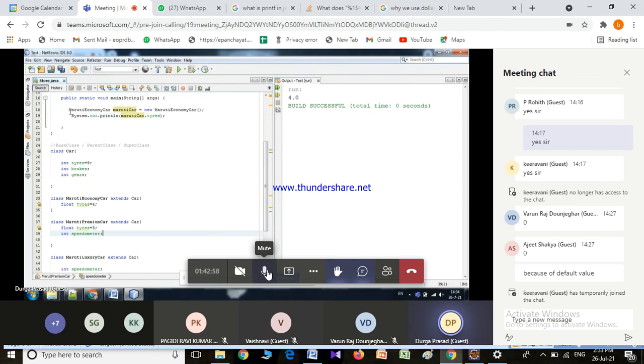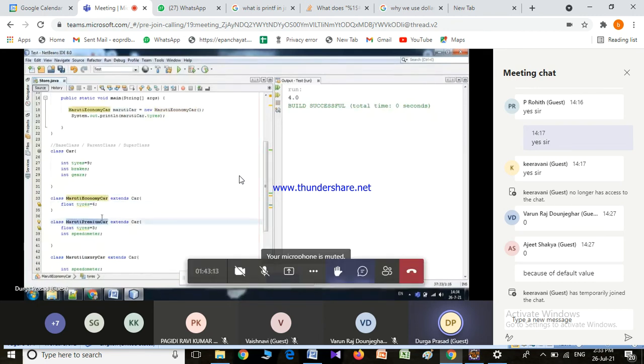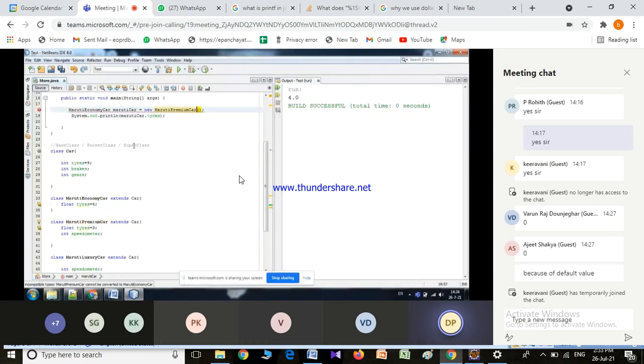Whatever object you create, based on that it takes the value. So if I create an object, don't consider this part, this is the main one. If I use new car and write Maruti car, then it will be float tires equal to 4. Now if I write Maruti premium car, it will be 3.